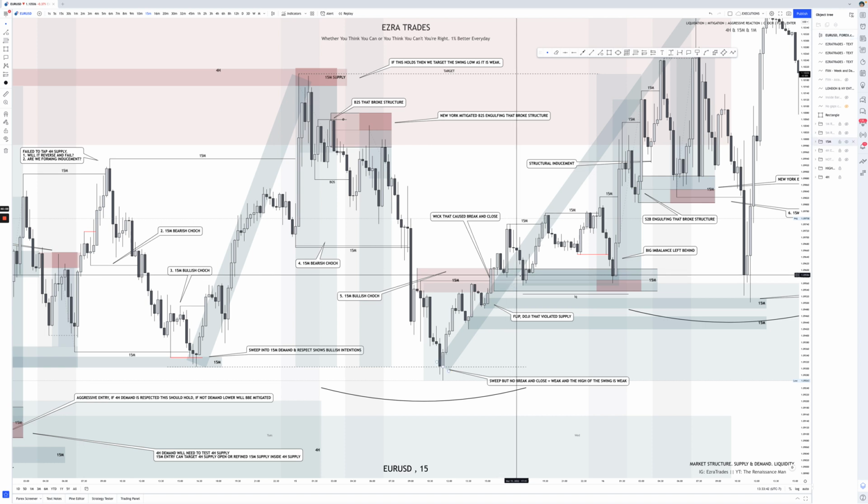And so the way that I'm seeing this is this POI has already had a couple taps to it. We could get a deeper mitigation. We could get a same tap of the same zone. But what we do have here is structural inducement. And so considering that this area here breaks structure to the upside, this structural inducement, because it created a structural high, and therefore this liquidity could be enough to satisfy the move. And so considering that this POI is still valid, I could take this entry considering that we really wouldn't be taking out orders. We'd simply be tapping resting orders inside this POI, versus these would require to break and change